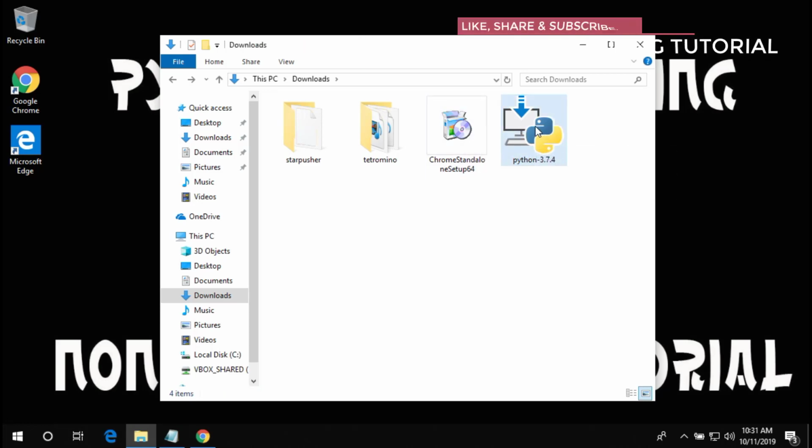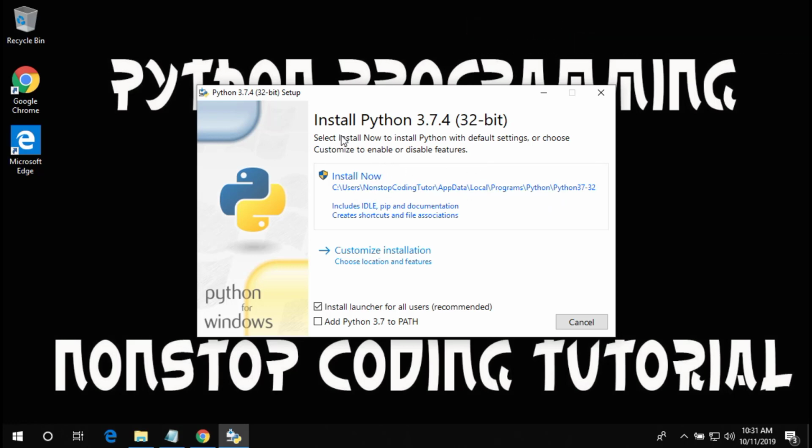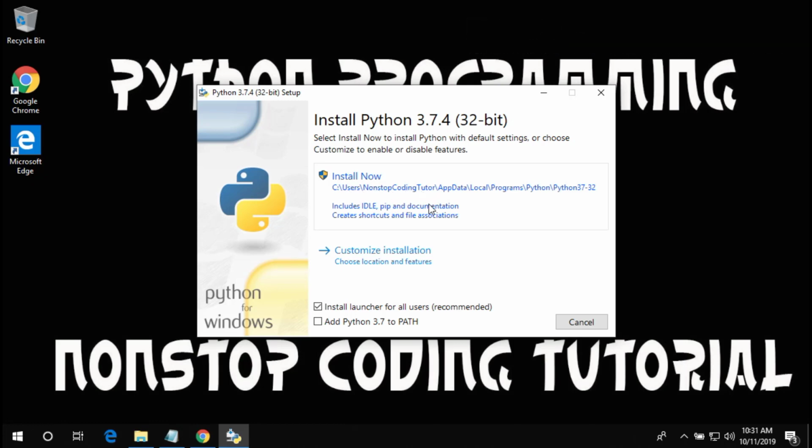So just double click to install, just like that. And as you can see, there's a pop-up here and here. The installation for Python 3.7.4 has a default directory where it's going to be placed. If you're going to ask me if it's okay to install in this directory, install now, then go ahead, you can do that. But I would prefer